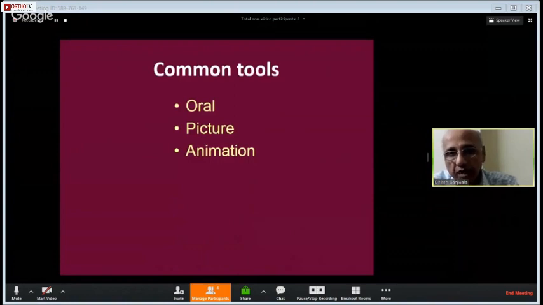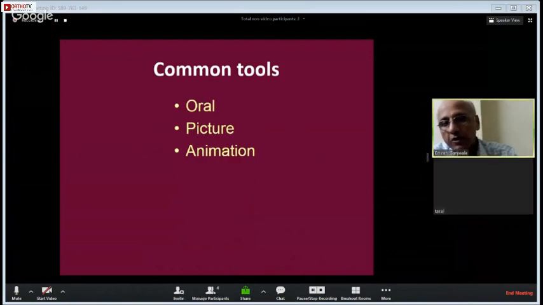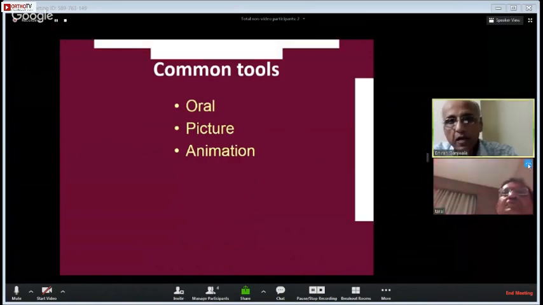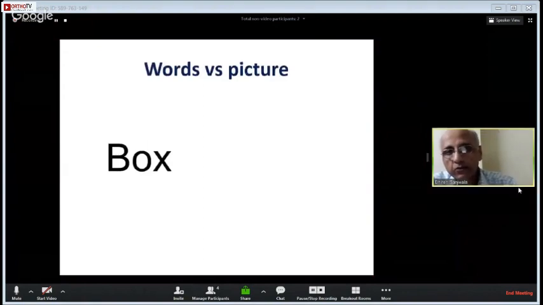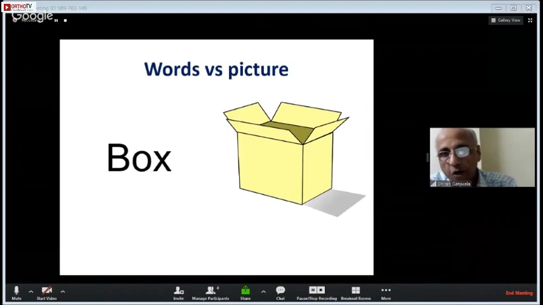And to do it effectively, you can use a variety of ways. The common tools which we use are either we can speak, we can convey by words, we can use pictures, or we can use animations. So why do we need to use pictures? Let's see, suppose I say there is a box. Let's have words. Now on the other end, if I show you a picture of a box, what is the difference